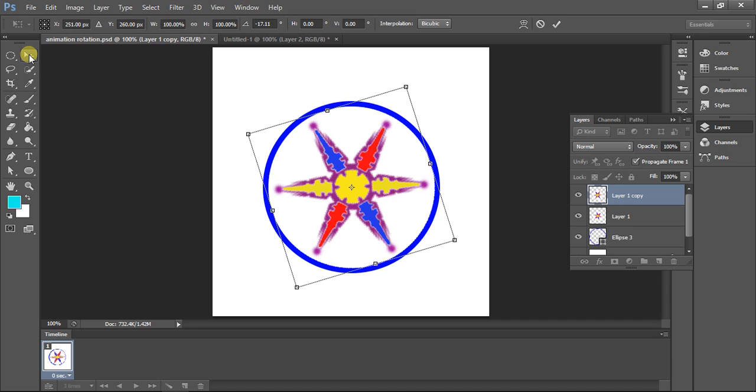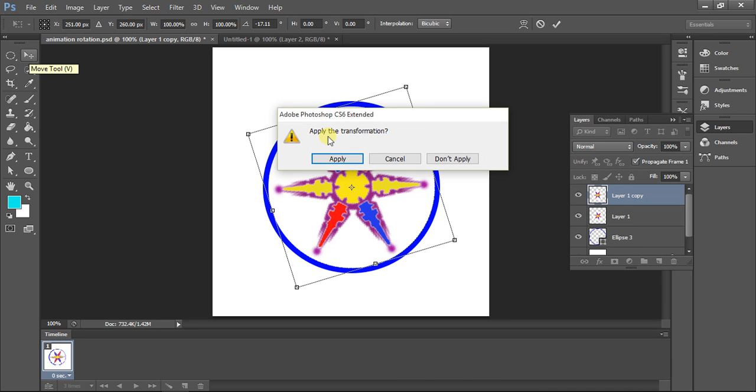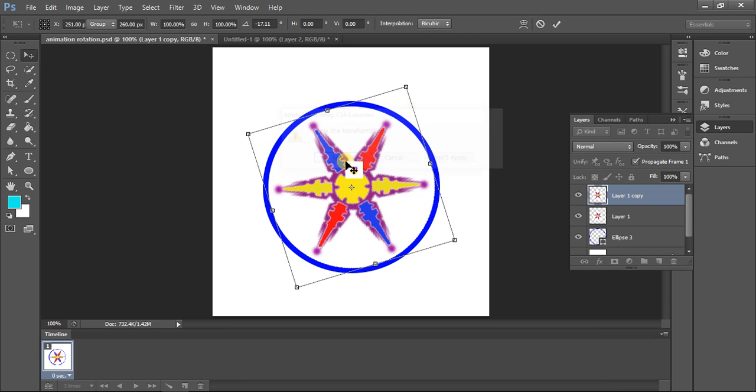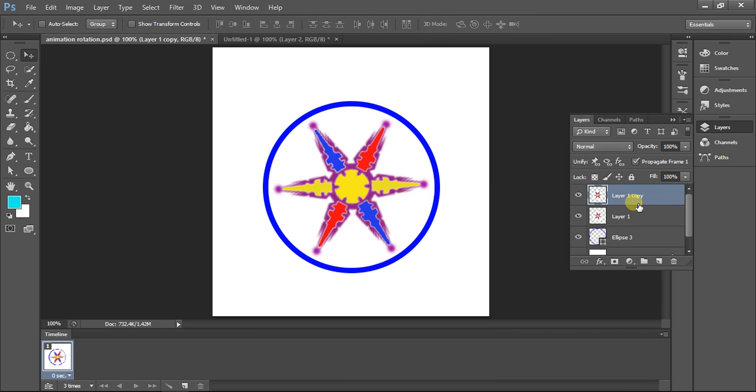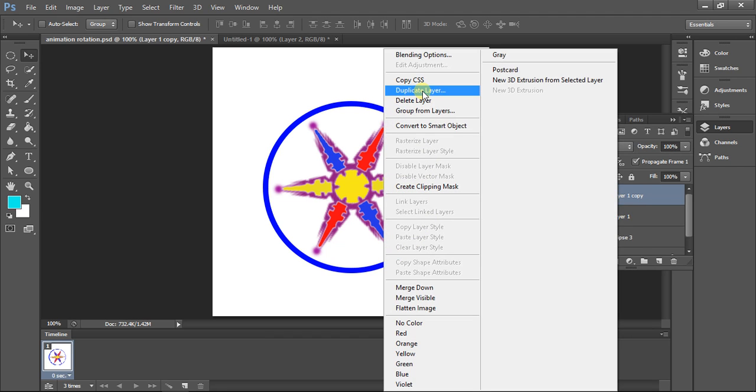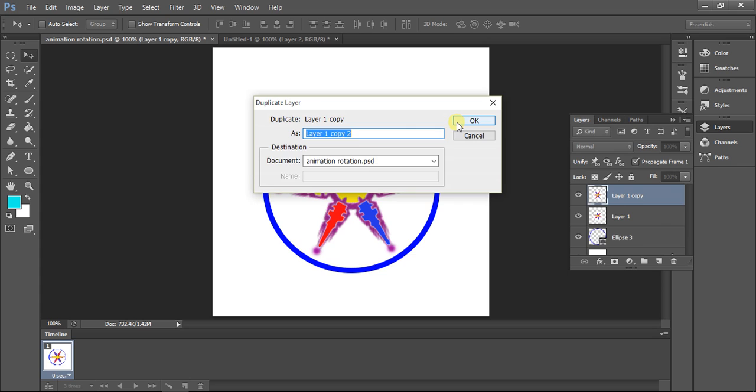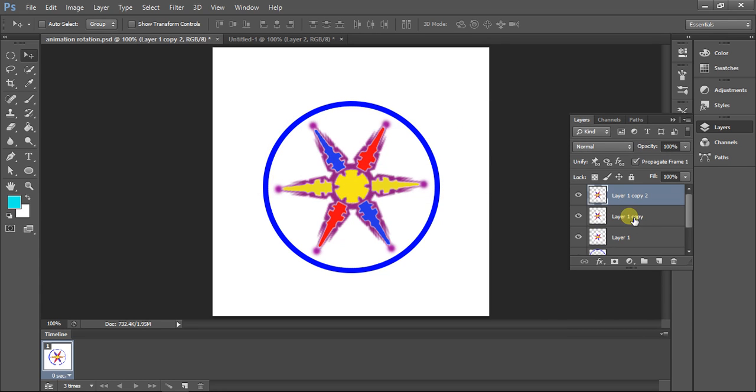Then click the move tool, apply the transformation, click apply, and to the layer right click again, duplicate again, and click OK, and you have the layer 1 copy 2.